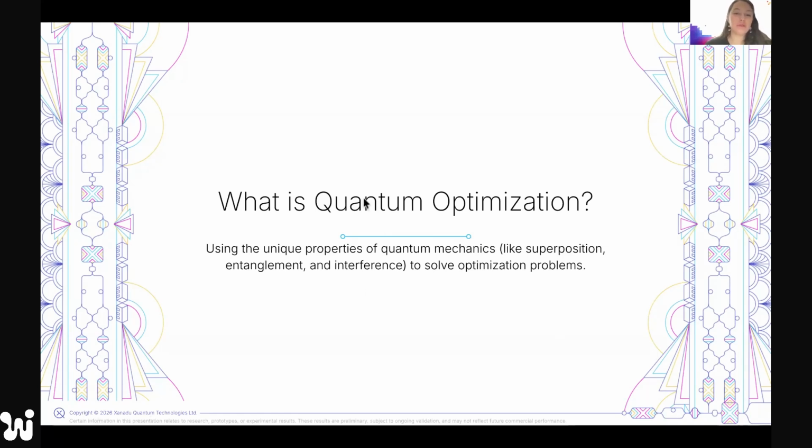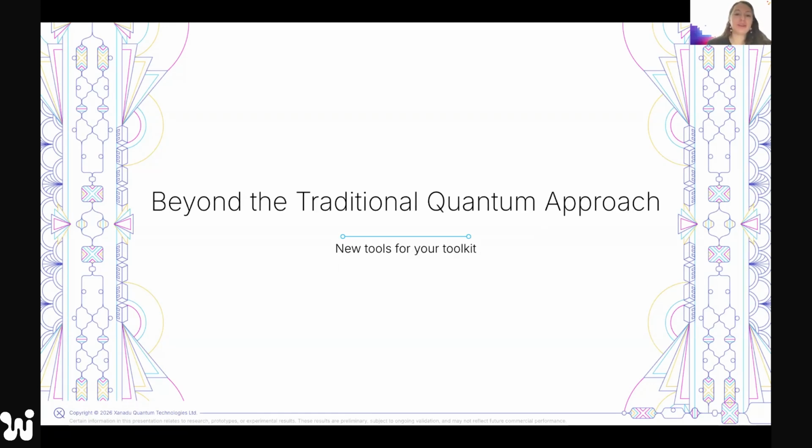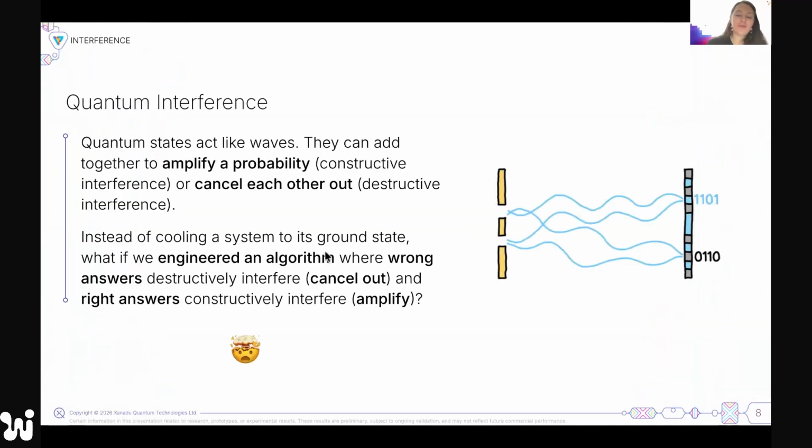There are many ways to do quantum optimization. Some are QAOA, adiabatic quantum computing. There are many different options, many of them including Hamiltonians and evolving a Hamiltonian until you reach a ground state. However, today we're going to look at a different way. So we're going to mostly focus on interference. We're going to see how we can encode problems in this space where you can interfere the solutions until you get the one that actually optimizes the problem. So this is a new tool for your toolkit, and hopefully you'll be able to make the most with it.